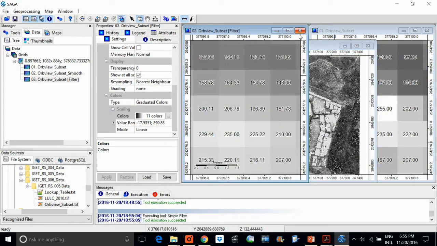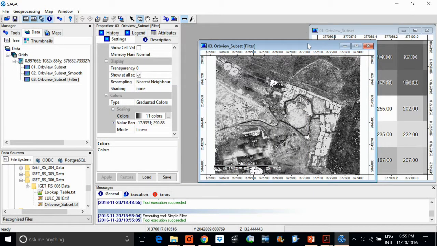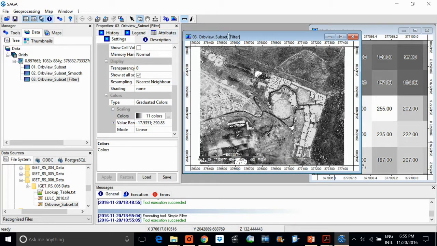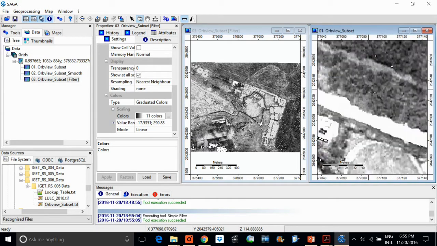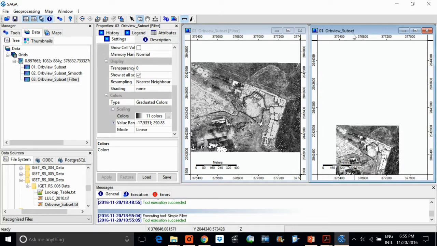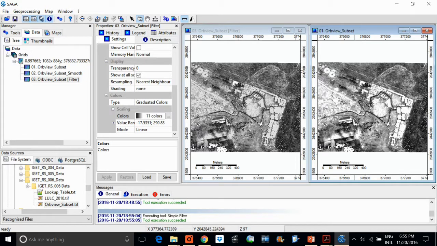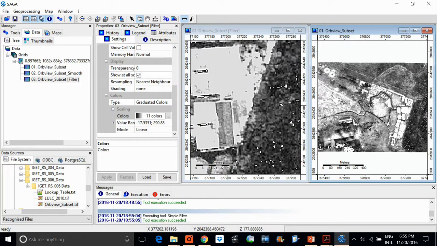So if I close the previous image for a while, and now let me tile them vertically. Zoom to extent. These two images, now you can see that this had changed a bit.